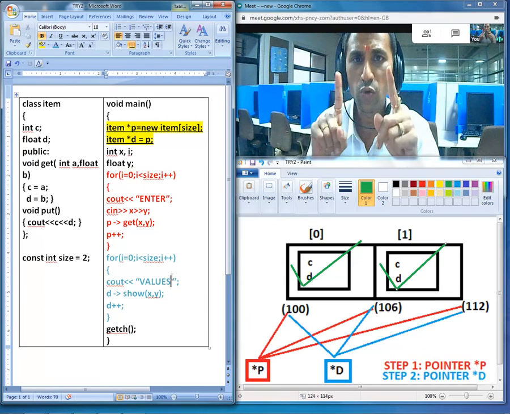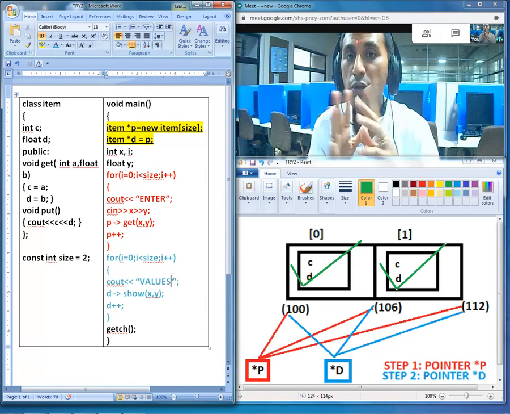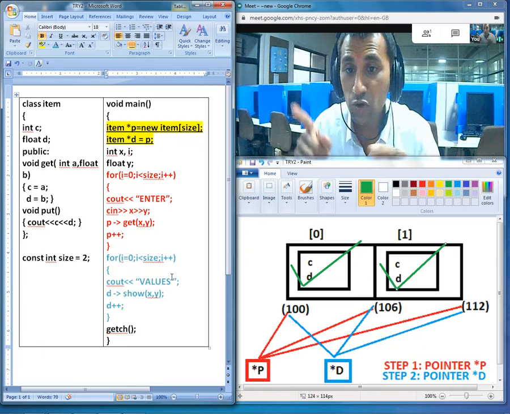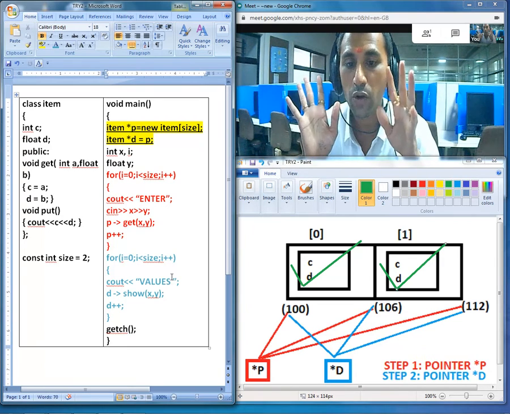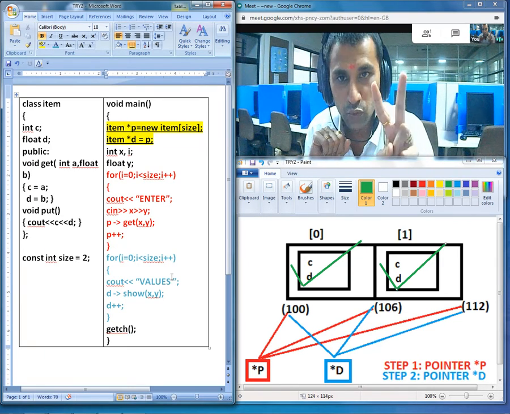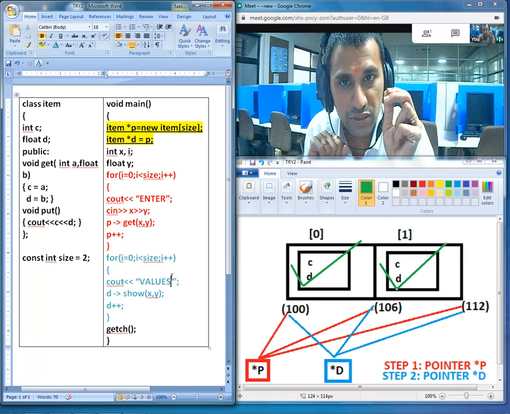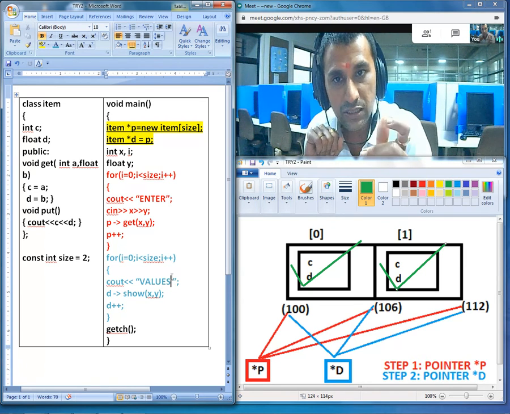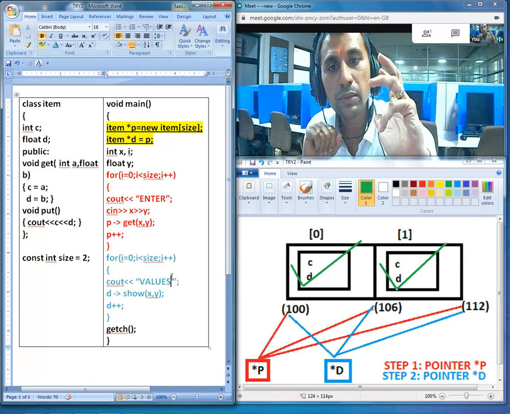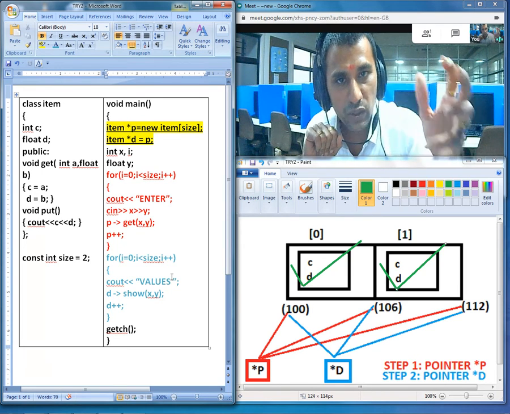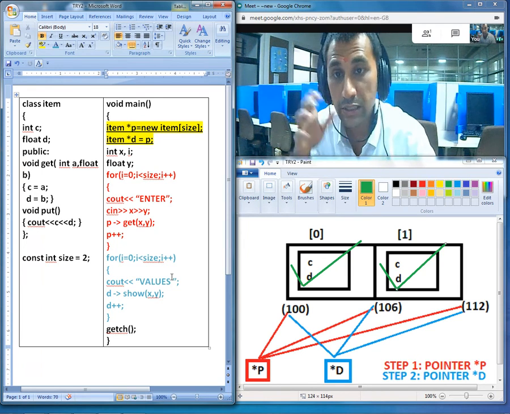We still have one more option, and that is pointer d, because pointer d is still pointing at the very beginning of the block. That will be step number 2. Now we are going to make use of pointer d, and using that pointer we will be printing the values from the objects one by one. If we take a look at the second phase,